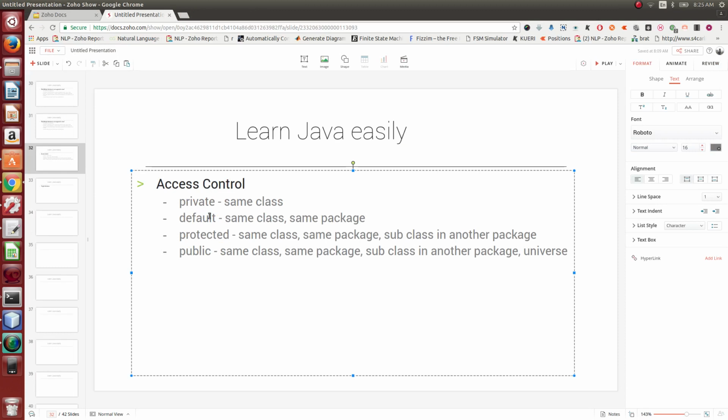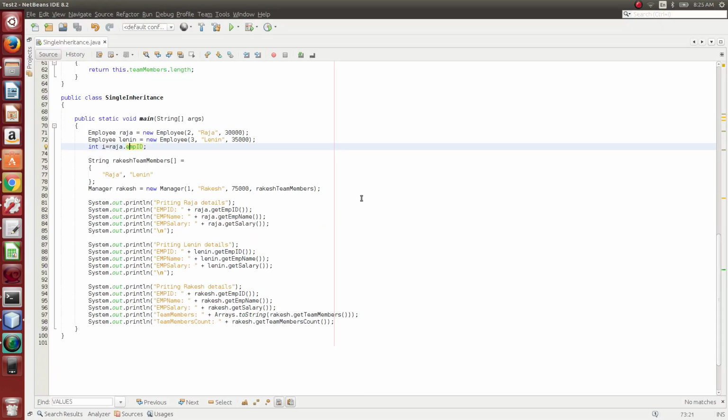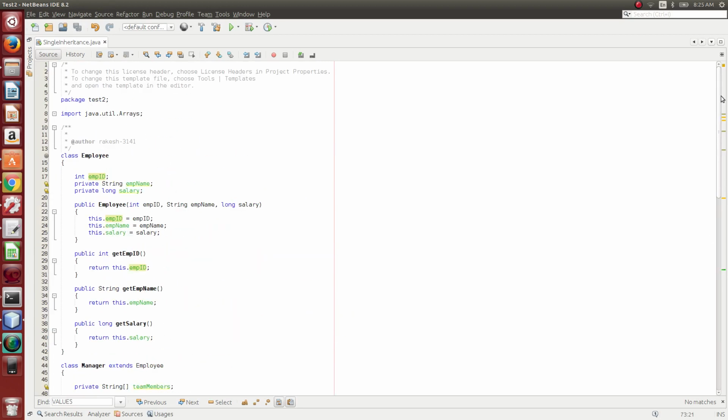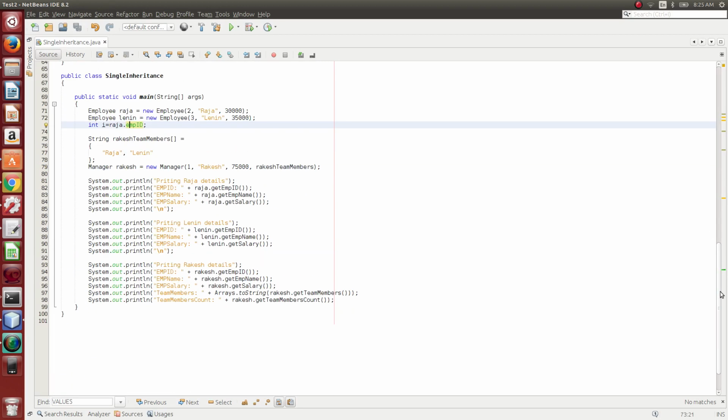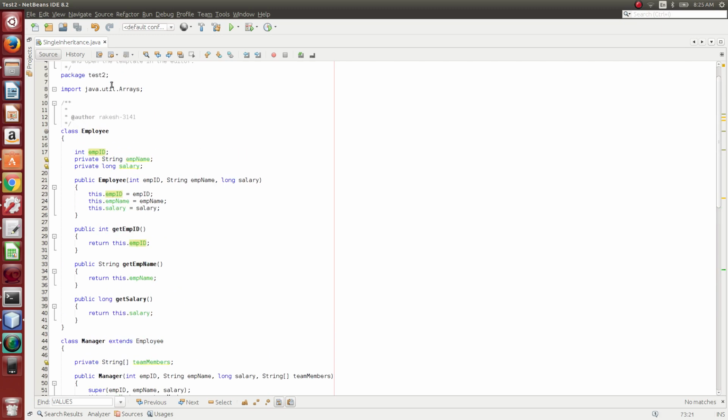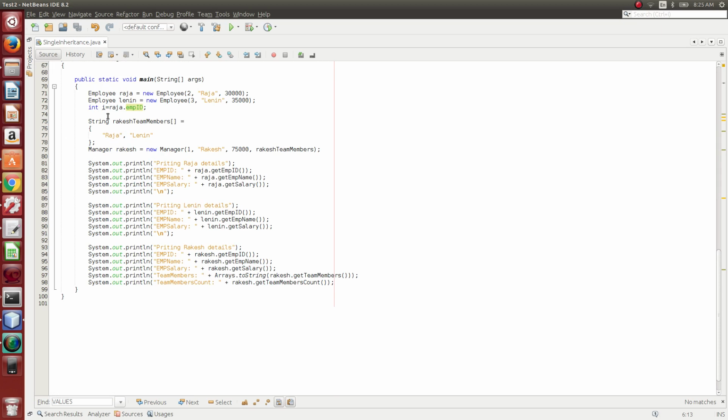By using default specifier, you can access those within a class, that's okay, and within the same package. See here, single inheritance and employee class are both present in the same package called test2. So that's the reason why that raja object has access to emp id.